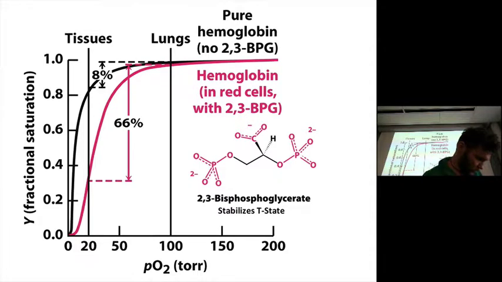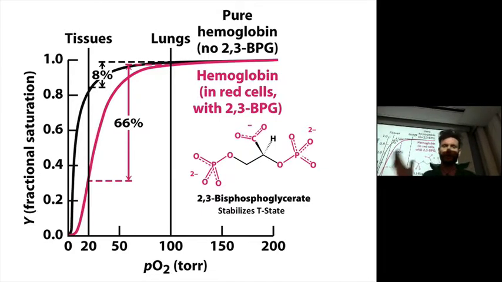Last time, I introduced you to hemoglobin saturation curves. And I talked about how the change in the partial pressure of oxygen at the peripheral tissues is going to affect the amount of oxygen that is being offloaded at those tissues. The lower the partial pressure of oxygen at those tissues, the more oxygen we're going to